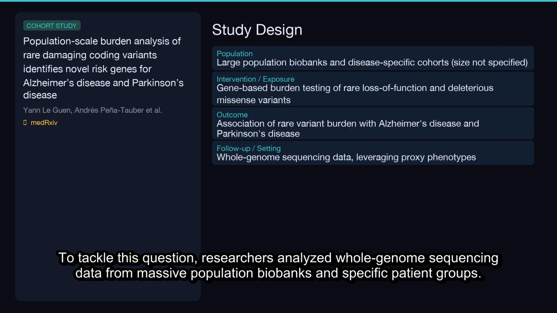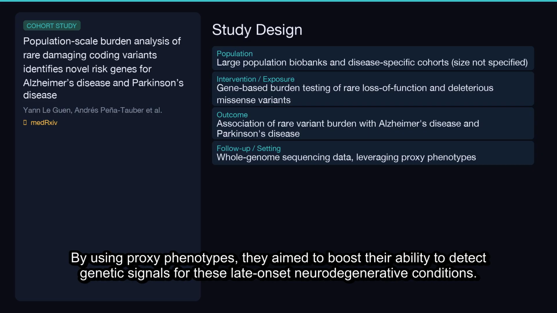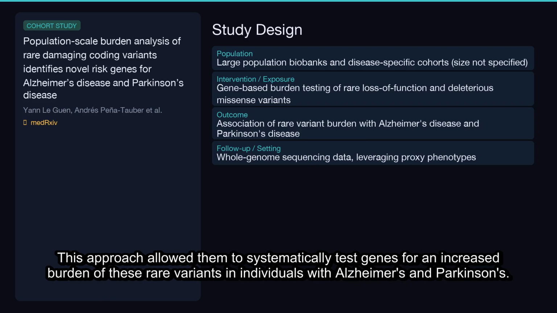To tackle this question, researchers analyzed whole genome sequencing data from massive population biobanks and specific patient groups. They focused on rare variants that are either loss of function or predicted to be damaging missense mutations. By using proxy phenotypes, they aim to boost their ability to detect genetic signals for these late-onset neurodegenerative conditions. This approach allowed them to systematically test genes for an increased burden of these rare variants in individuals with Alzheimer's